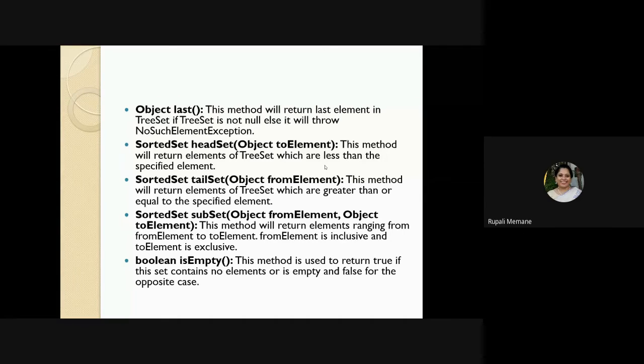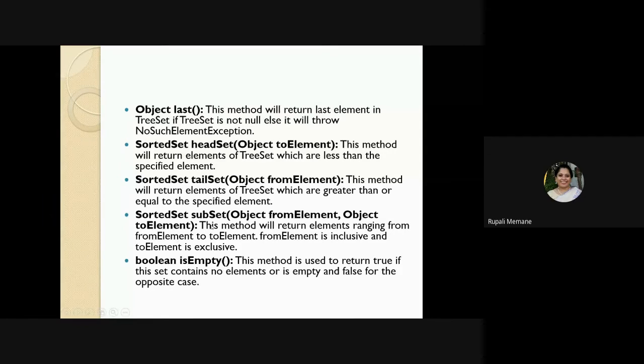Now the subset method we have seen in vectors and also in hash set, when we give the from index and the to index, they are inclusive and exclusive. Here you are just passing the greater number. So if I say I want all the numbers which are less than 30, I pass the head set here. If I say all the numbers greater than 40, from element, so the tail set, greater than 40. So the previous part and the next part, your head and the tail.